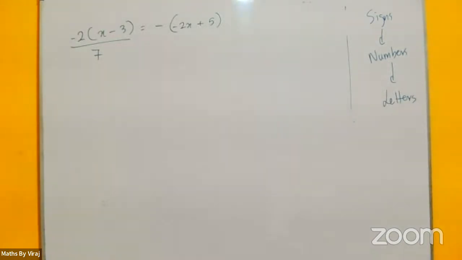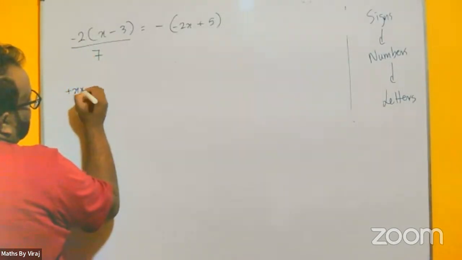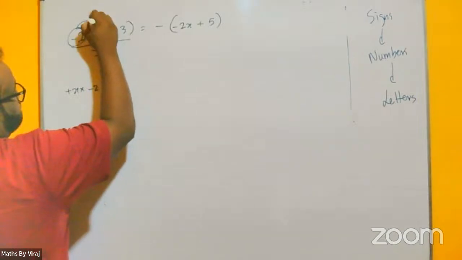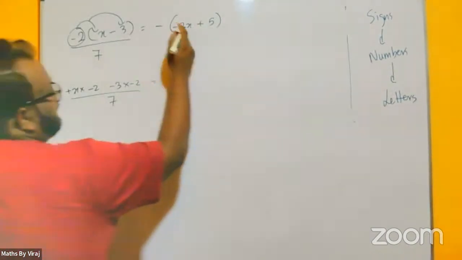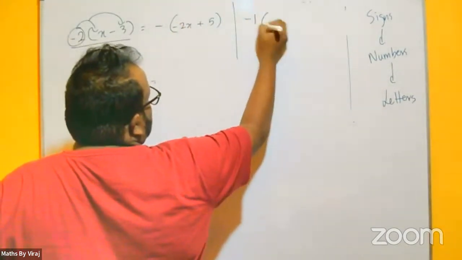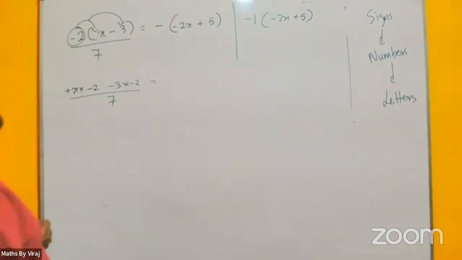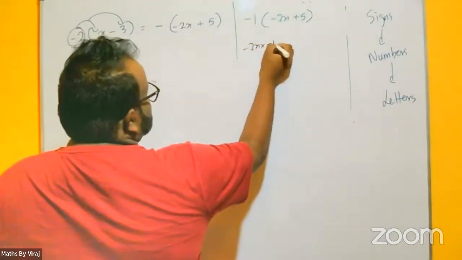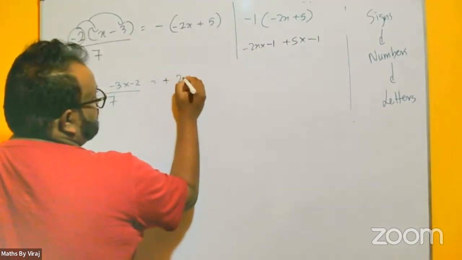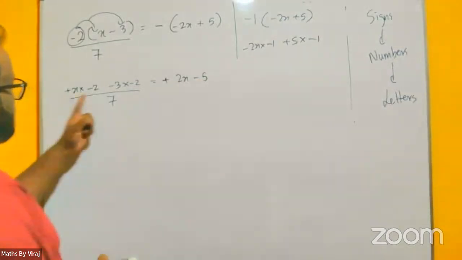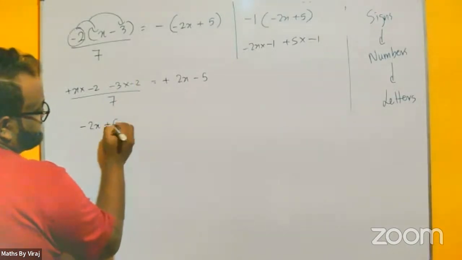Now when you look at this sum, what is it that you understand? From the outside number, we multiply the inside terms. That is what we do. Here, we can assume that minus 1 times as such. That minus 1 is multiplied. Therefore, minus 2x into minus 1, plus 5 into minus 1, which is minus into minus plus 2x, plus into minus minus 5. So we have here plus x, minus 2x plus 6 over 7